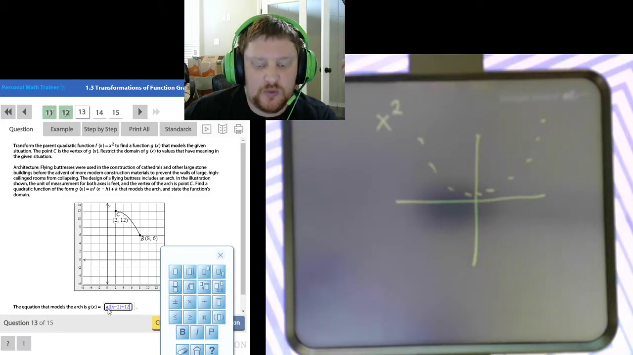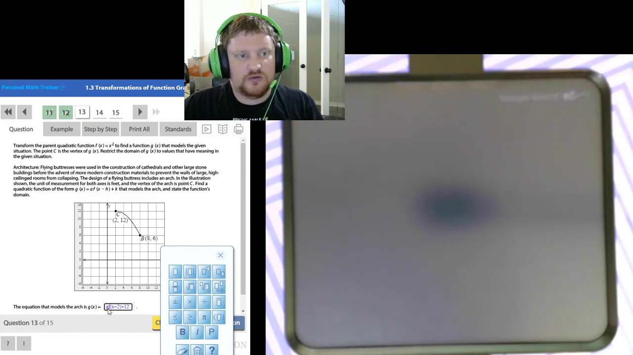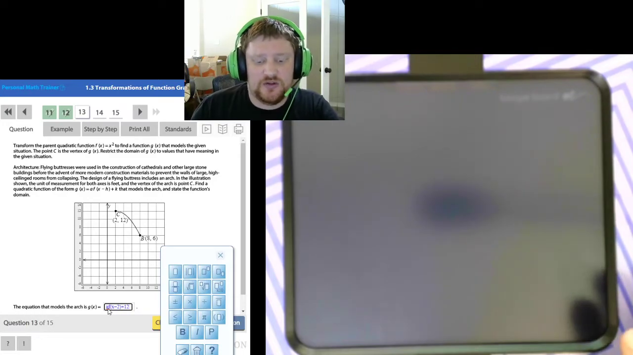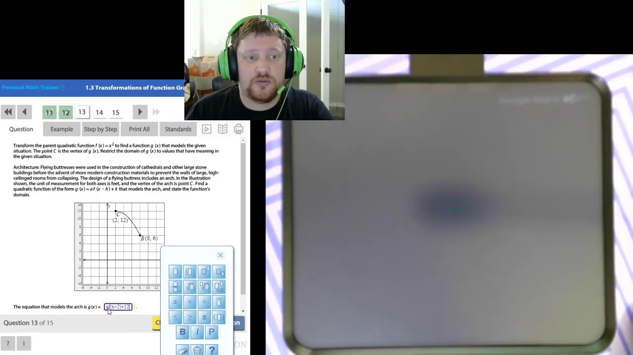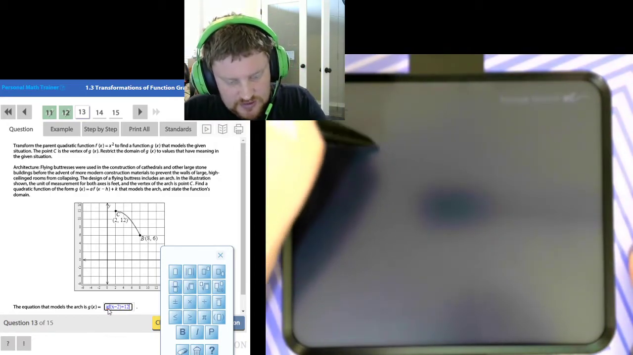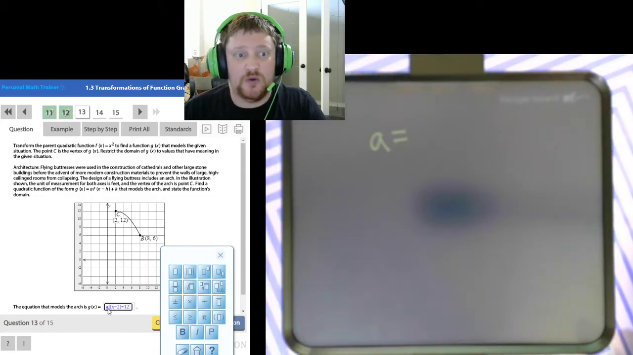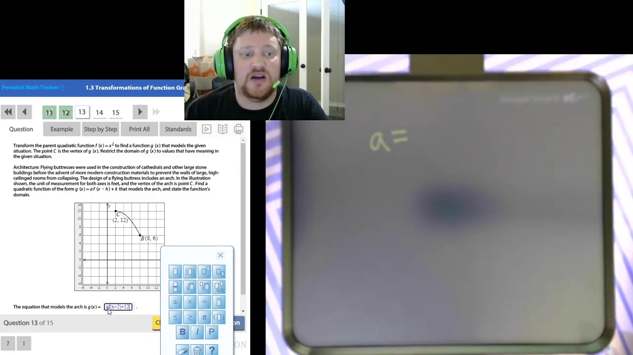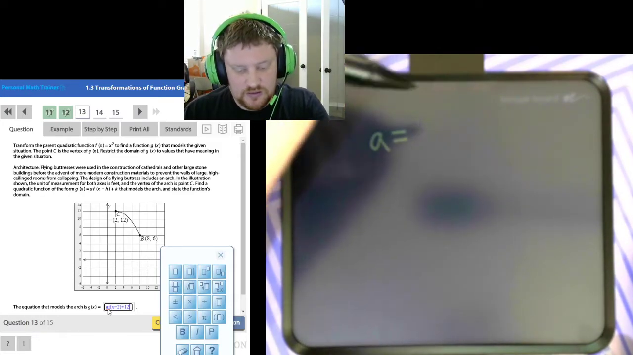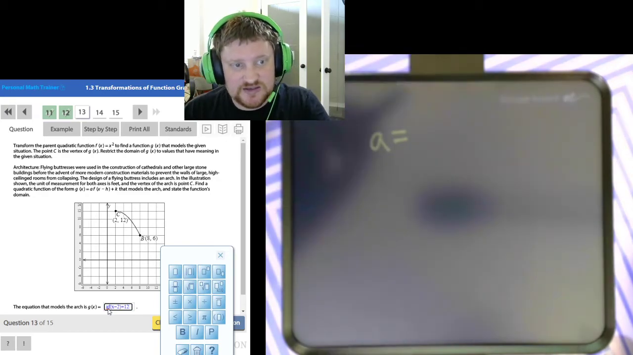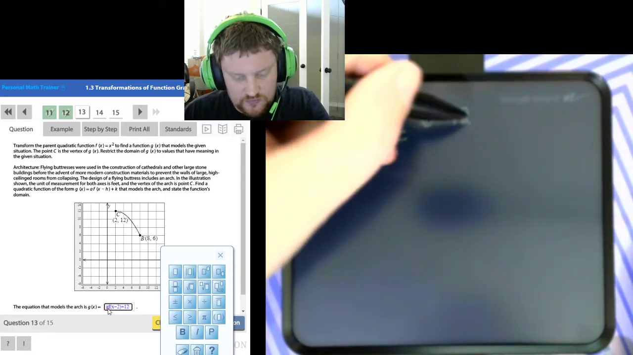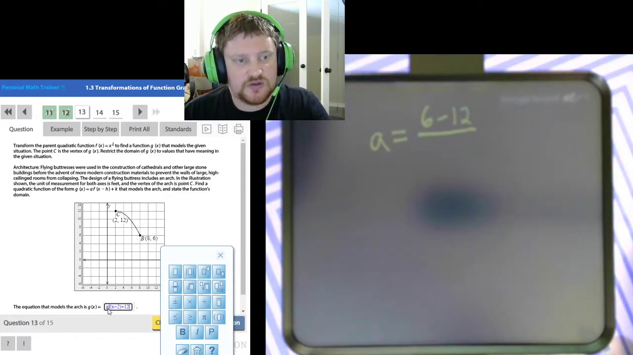This is not something that we've done yet, because this is actually part of 1.4. So I'm surprised that 13 in 1.3 has this in it. But what we need to do is we actually have a formula for a when you know the vertex and another point. We're going to take the two y values, so you're going to take 6, and the top one is 12, minus 12, and the two x values, 8